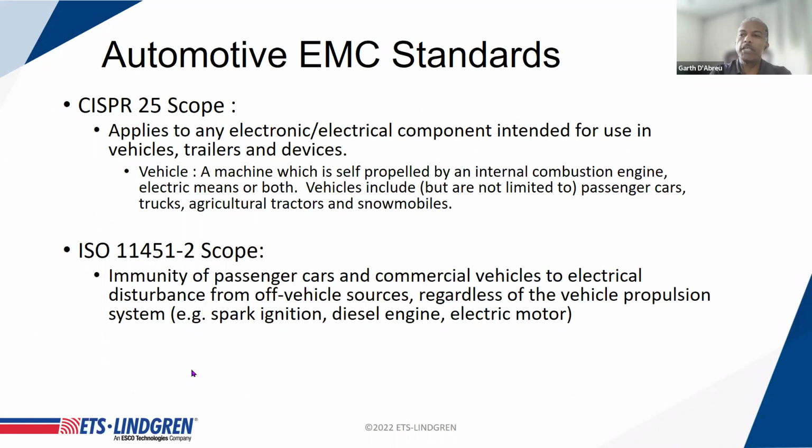Traditionally, these would relate to combustion engine vehicles, but it also covers the hybrids and the electric vehicles as well. So the ISO 11451 document covers full vehicle immunity, and the ISO 11452 covers component immunity, and the -2 is just one of a series of subsets of the standard. This one relates to tests in an absorber line